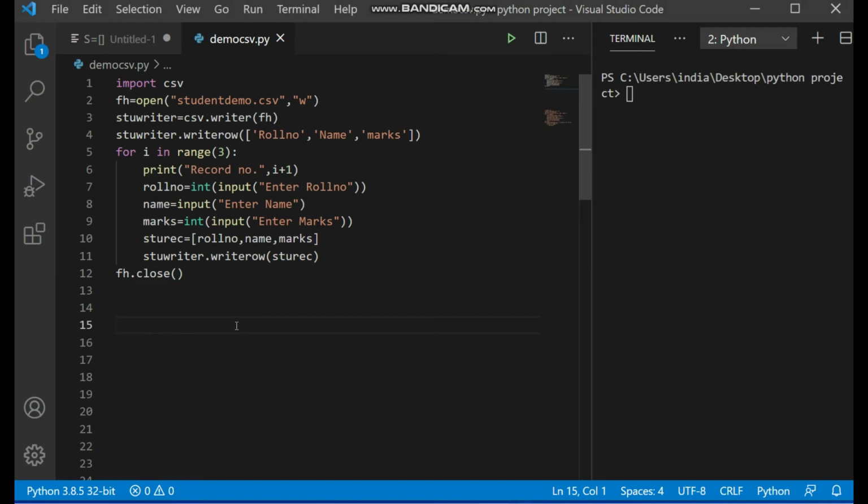Now what we will do is, here we will make use of with. So with, okay. So this is also the same thing, but I just want to teach you this process also using with. With open. Again, same thing you have to mention in open the name of the file that you want to open here, which is student demo.csv, and this time the mode to be given is for reading purpose, so r here.